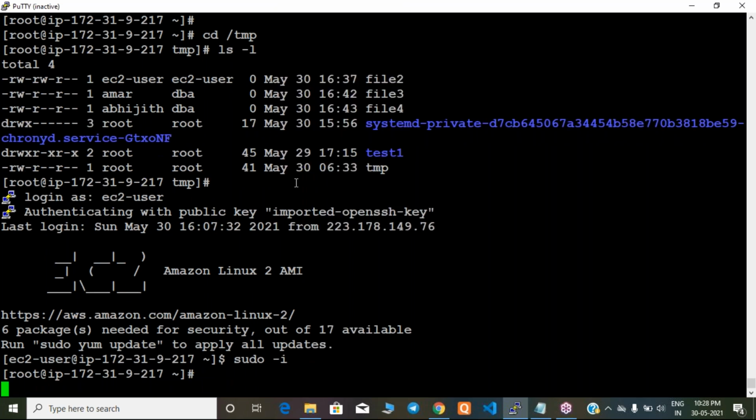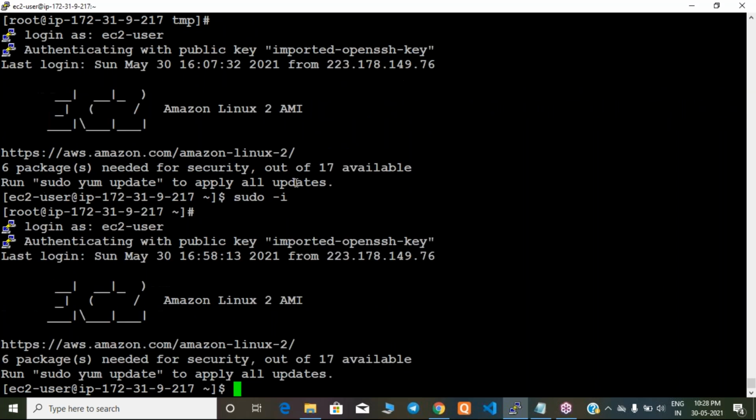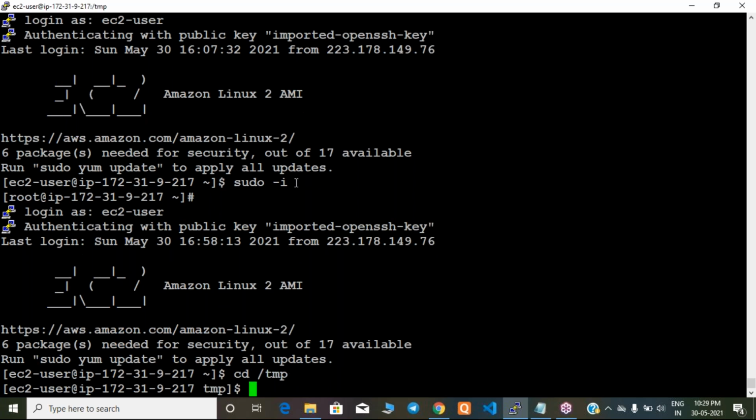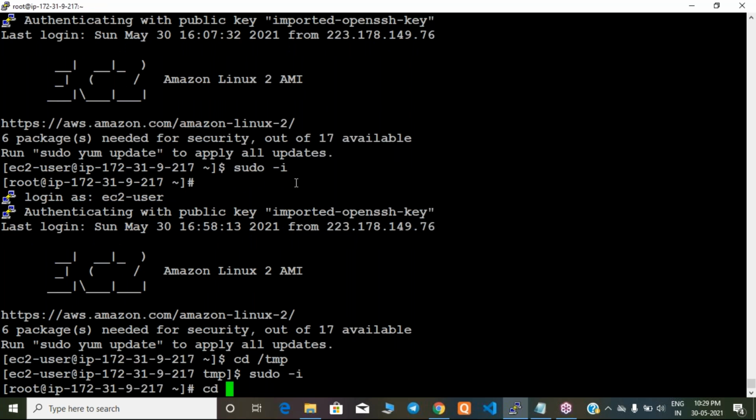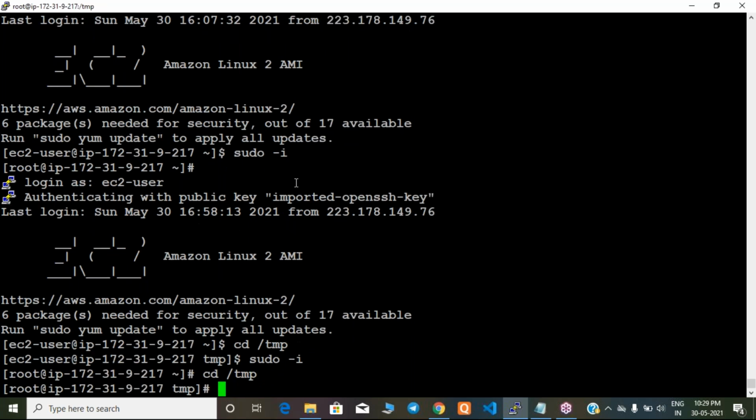What happened? Been logged out. First, go to root user. Sudo. Clear the screen.